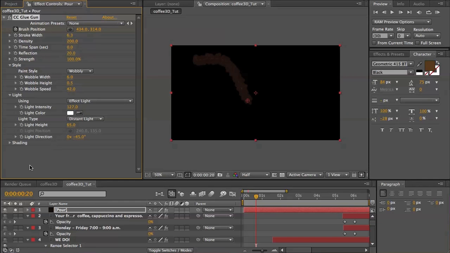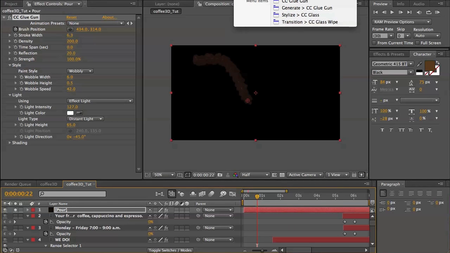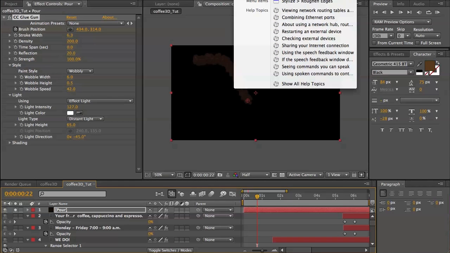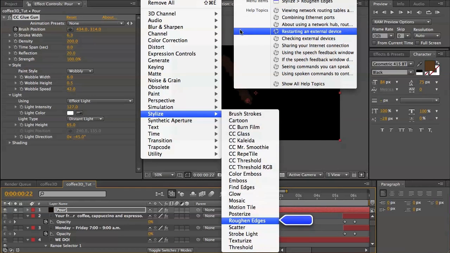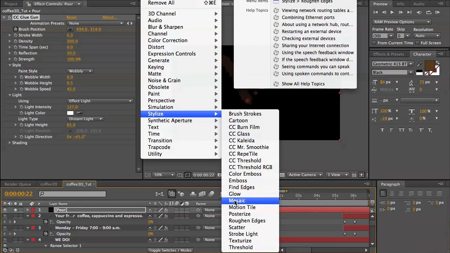And that should be good for that. So let's next, you can kind of see the way it pours. We really want to make those edges move a fair amount, so we're gonna add a roughen edges and then animate the evolution on that. So let's go up to stylize, effect stylize, roughen edges,